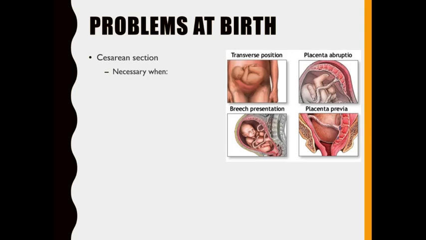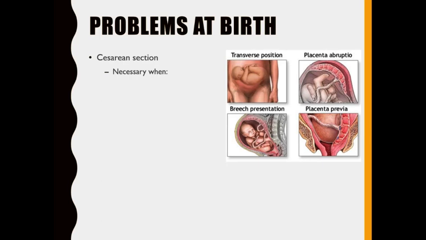And so if the baby can't be turned, which sometimes you can palpate from the outside, and the baby will turn and stay in that position for delivery, and you're okay. But if the baby can't be turned and it's staying in that buttocks first position, oftentimes that's going to be an emergency C-section. Now, on the top right, you see what's called placenta abruptio,